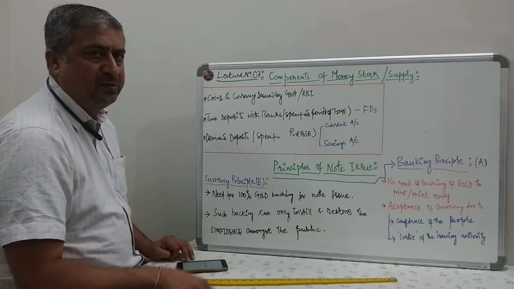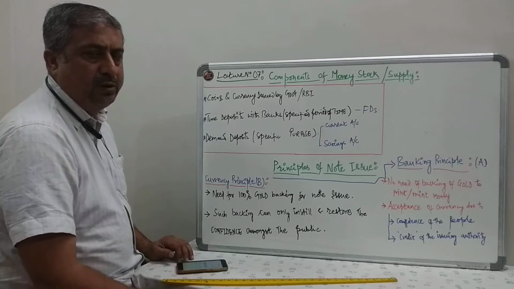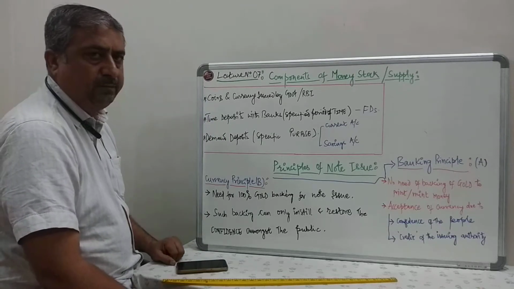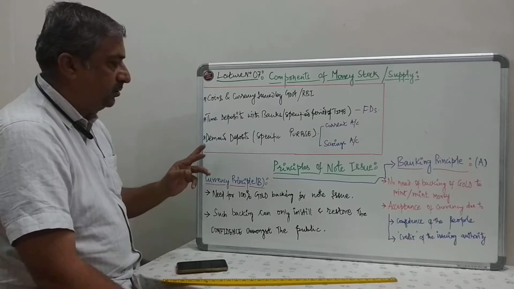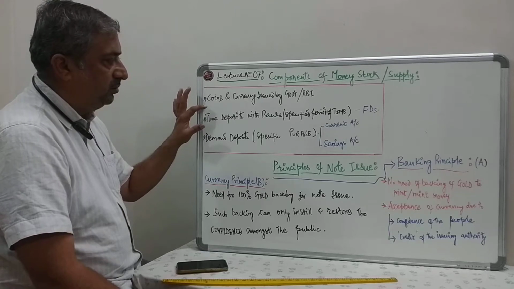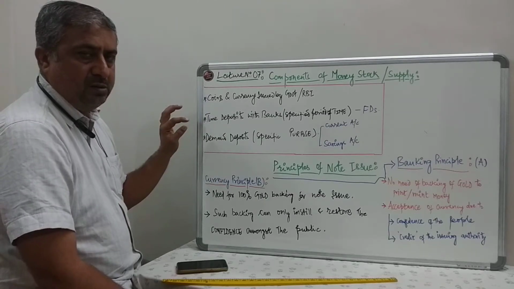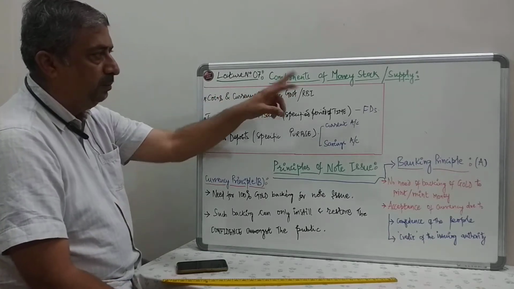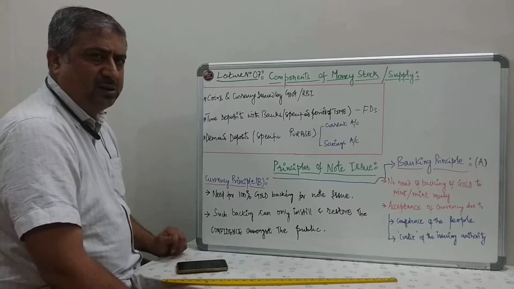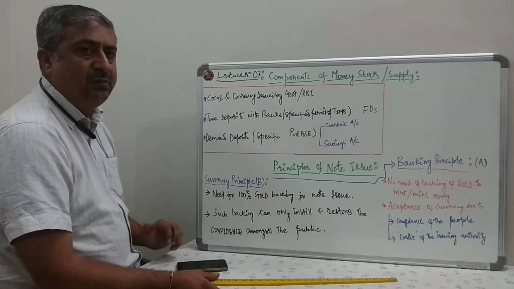What comprises money? You're aware already what comprises. Number 1, coins and currency, time deposits, demand deposits. These are the 3 constituents of money stock. Now, why we are discussing this thing is because we need to understand, we need to have a